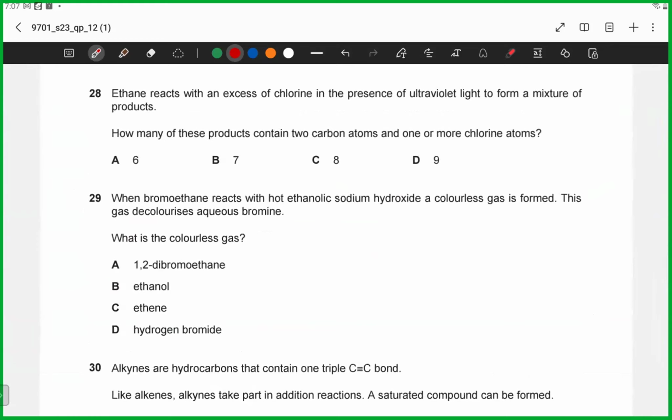अच्छा, ethane reacts with an excess of chlorine in the presence of ultraviolet light to form a mixture of products. How many of these products contain 2 carbon atoms and 1 or more chlorine atoms? ये फिर से वही फालतू का क्वेश्चन आ गया, ठीक है, it's going to waste a lot of time. अगर जल्दी करना है तो I think the answer would be, अगर तुक्का लगाना है, I mean circle the largest one. अच्छा, but the thing is this is a substitution reaction, ठीक है,